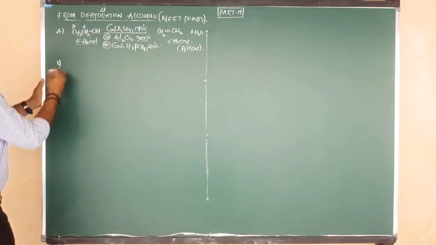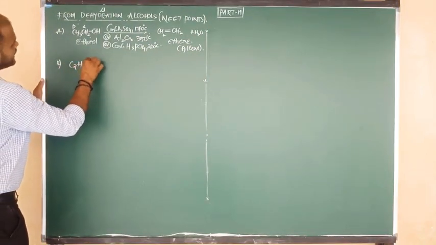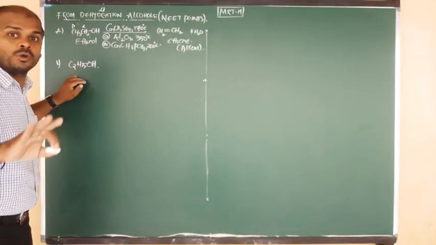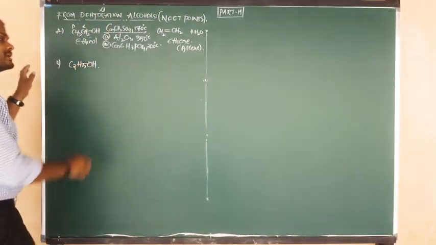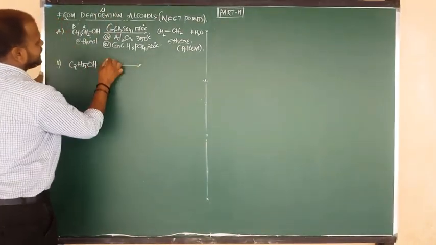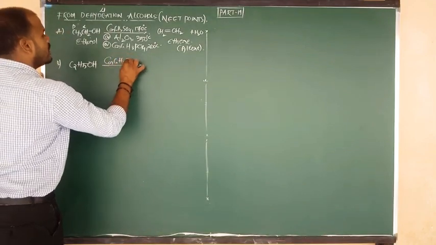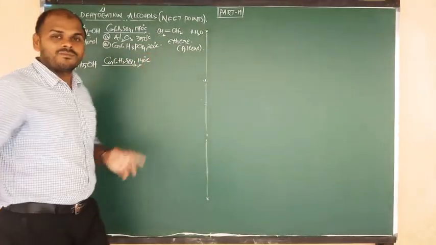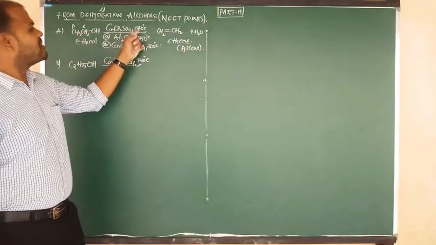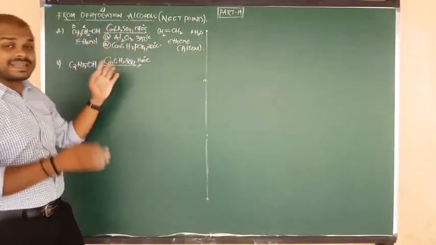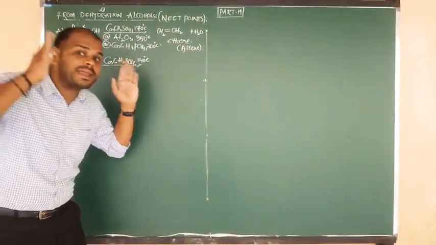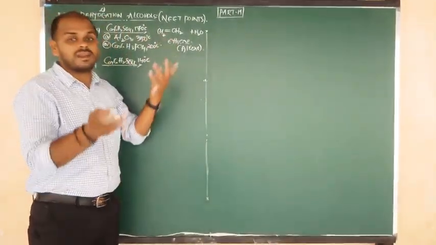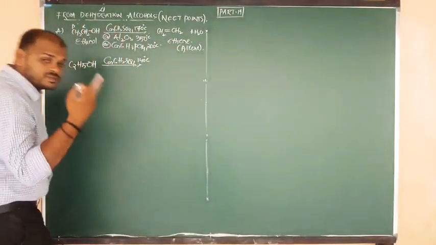Good. Next point I am going to show you. Again I am going to take ethyl alcohol, beta. What is the formula of ethyl alcohol? C2H5OH. Same reactant I am going to take, same reagent also: concentrated sulfuric acid. Upon treatment with concentrated sulfuric acid, but at a temperature of 140 degrees Celsius. This is important. ऊपर कितना temperature था? In both cases the reactant is the same, the reagent is the same, but the temperature is different. Due to the difference in temperature, here we are getting a different product. Here we are not getting alkene or ethene. So which product are you going to get?